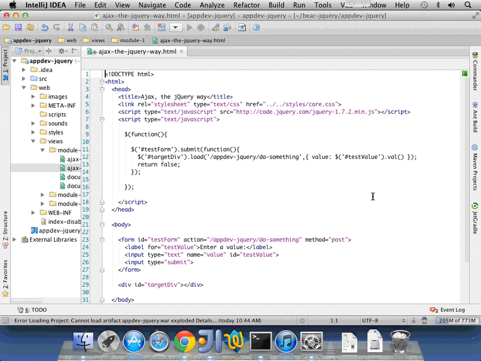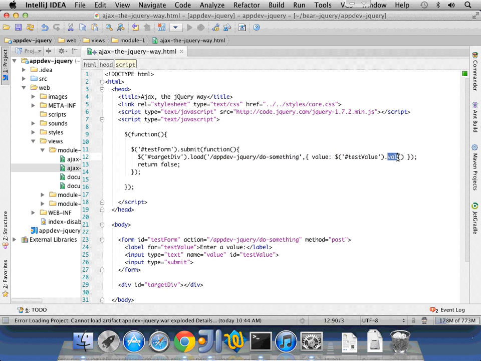So here's some jQuery code to perform an AJAX operation. It may look a little bit cryptic now. Again, it's got lots of $ signs, lots of parens, lots of braces, but remember the pattern we just saw. And if we start from the inside out, we'll notice that here we have a call to the $ sign function, passing it a string that is a selector, and then on that